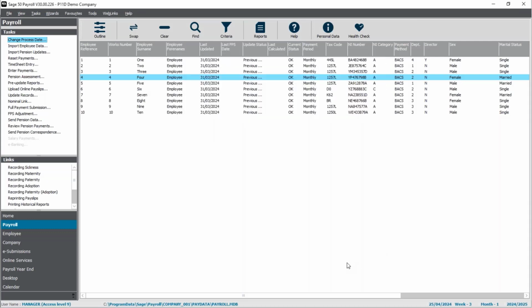So this is the type of information that would be imported to an existing P11D dataset. It will also update any changes that you've made to the employee details in payroll. But it's also a good way to set up from scratch if you're using our P11D software for the first time. Now, one thing you will need to know is your payroll data path if you're going to be importing,